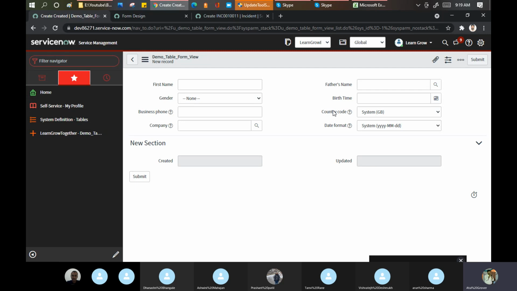Do one thing, everyone should create one field called location in your form and refer to the cmn_location table. Then you can utilize that, you can see location, site, address, everything there. Bring those fields on the form, because this is just a reference I give, that these fields are available and I can show them to you.